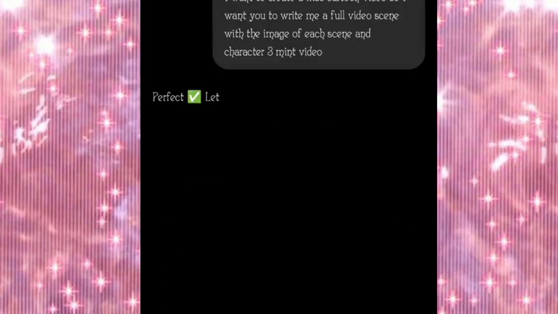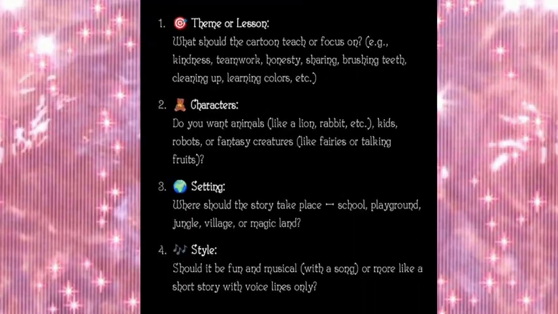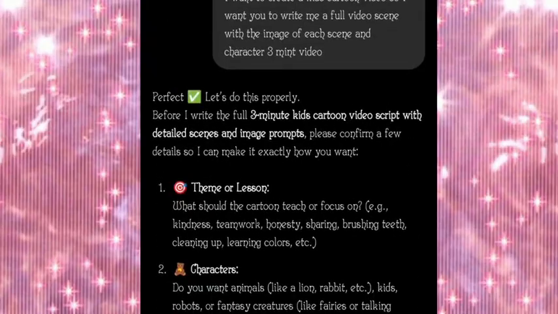So you guys can see what I told ChatGPT. I said I want you to create a kids cartoon video. So I want you to write me a full video scene with image of each scene and character, a 3-minute video. So I just put it there like that. Now this is what ChatGPT says: before it writes the full 3-minute kids cartoon video script with the detailed scene and image prompt,